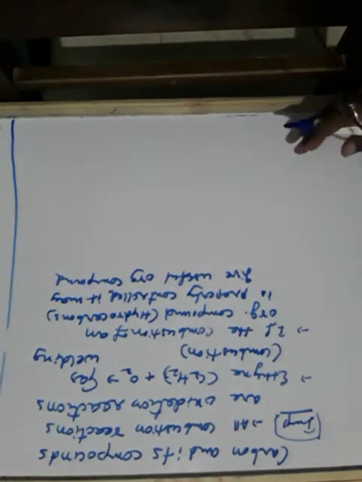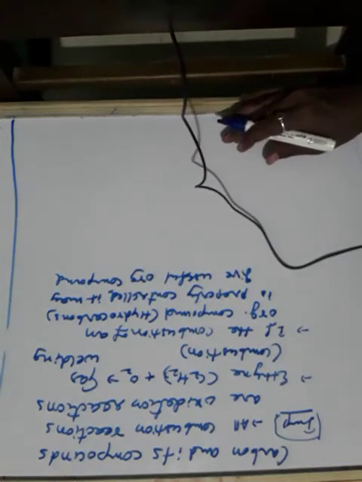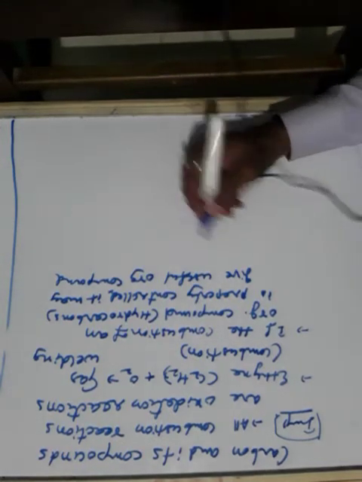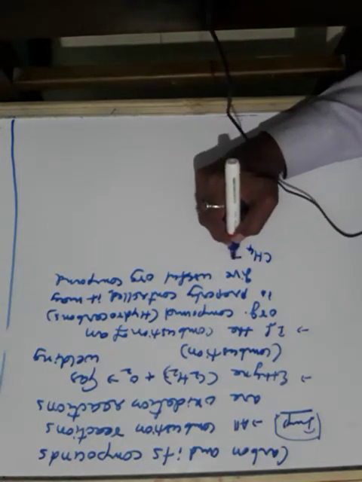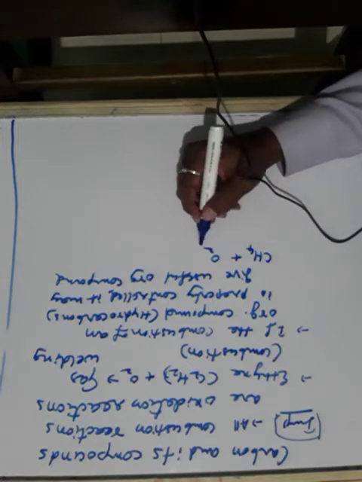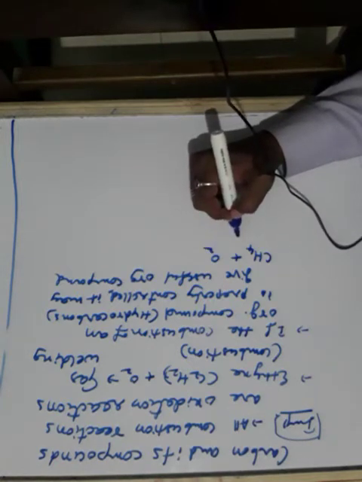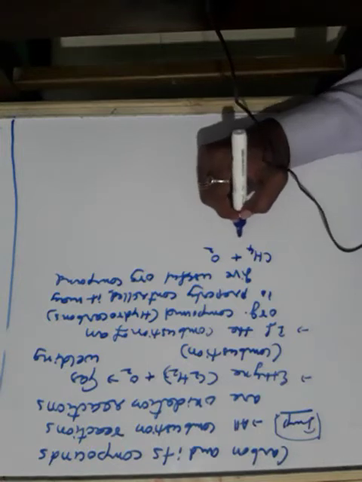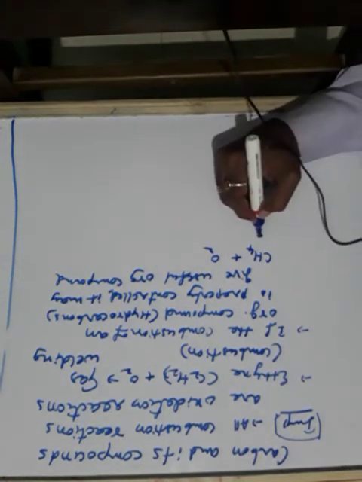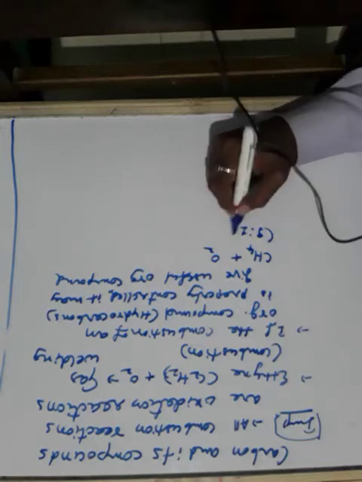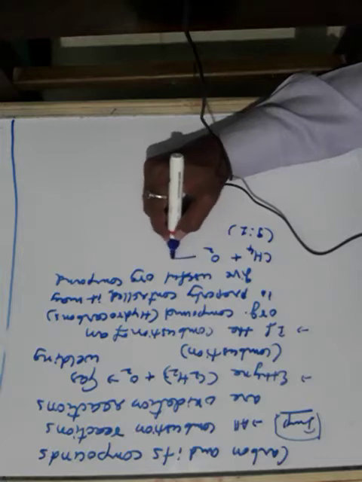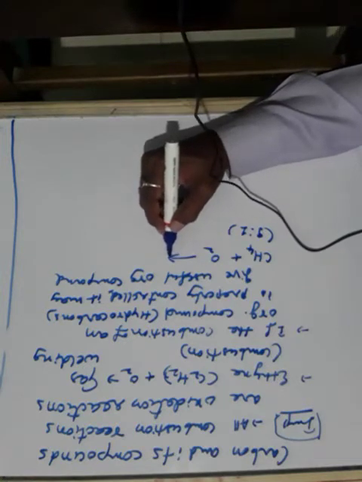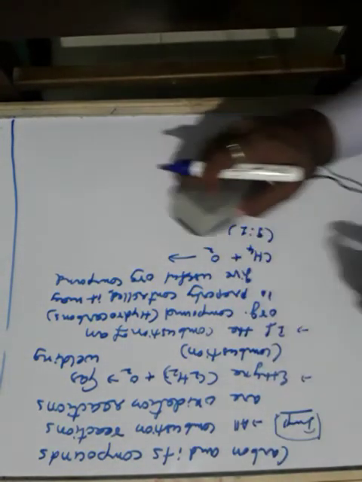Now, when a mixture of methane and oxygen, this I told already, is taken in a 9:1 ratio. How much is it taken? The ratio is 9:1. If they are controlled, as I told you, it may give useful substances, under pressure and temperature. Proper pressure and temperature should be maintained there.